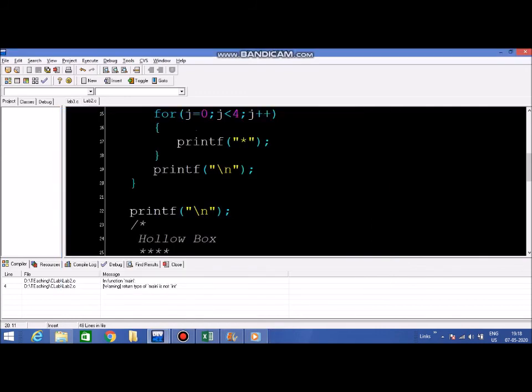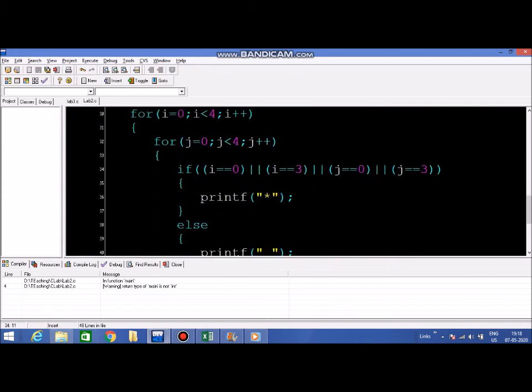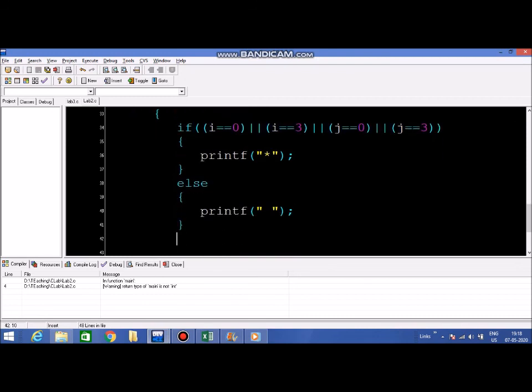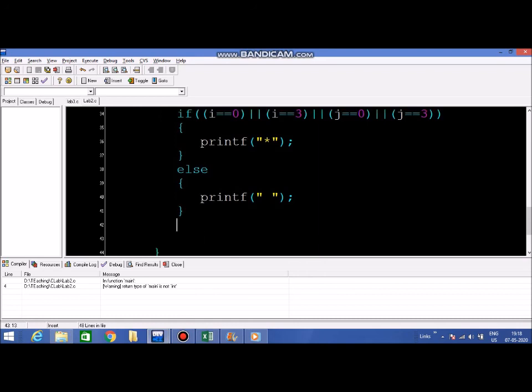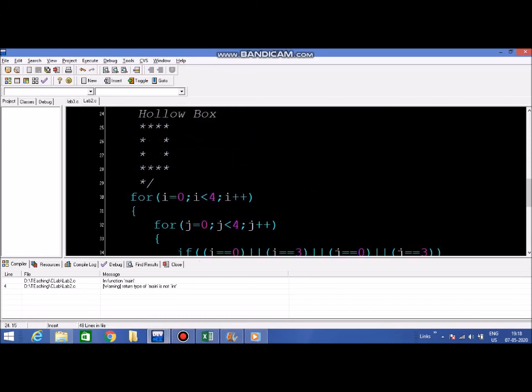And that is the beauty of an if condition. The if condition basically decides whether this printf will happen or not. Only when this whole thing is true will this statement happen. So in the next lesson, we will try to explore the if condition in a bit more detail. But here I want to show an application of how the if condition can be used to achieve our goal of making a hollow box.